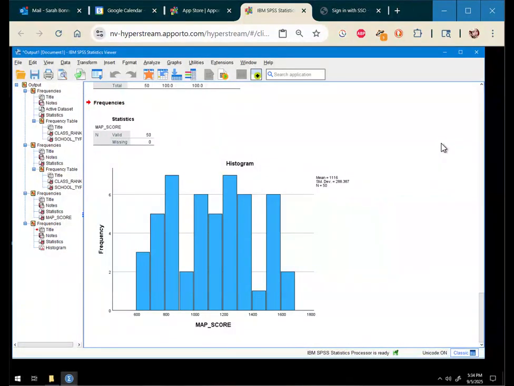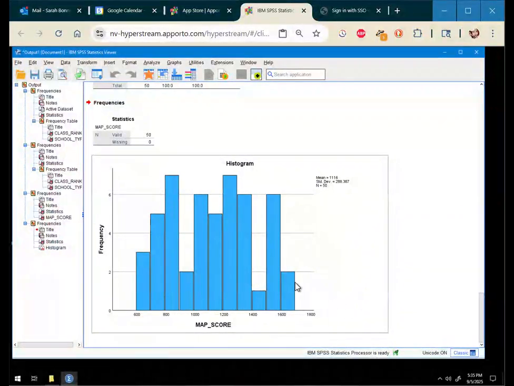What can you say about it? I would say that it's not grossly asymmetrical. There are some gaps in it, but it's reasonably symmetrical. There are gaps on both sides in the middle. But what it is, is kind of platykurtic, in that there is no particular peak and there are no particular drop-offs in either tail at the low end or at the high end. It recedes in frequency, but not